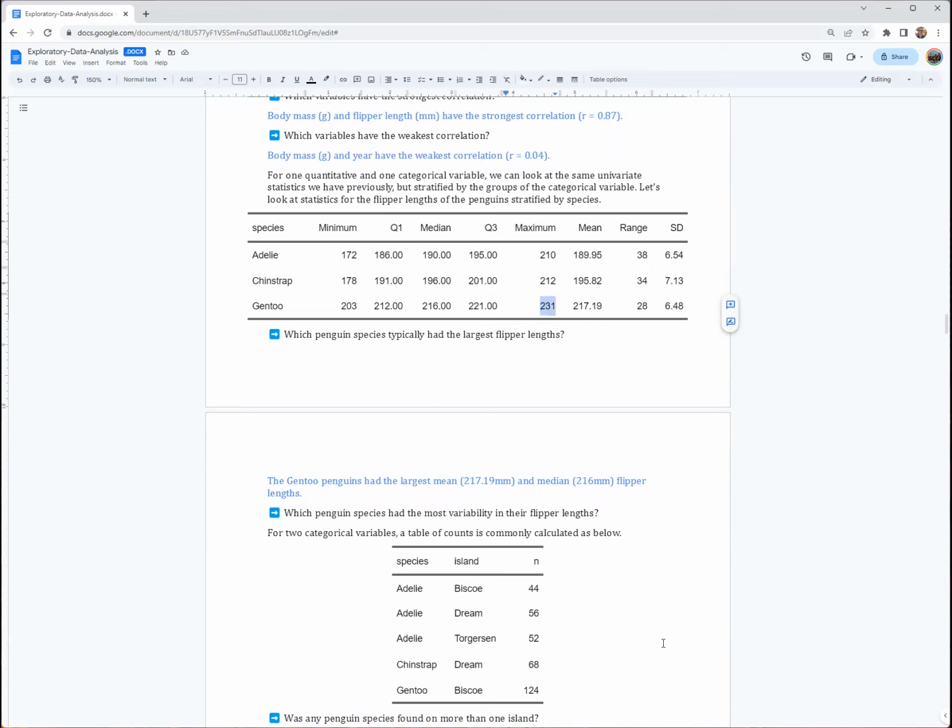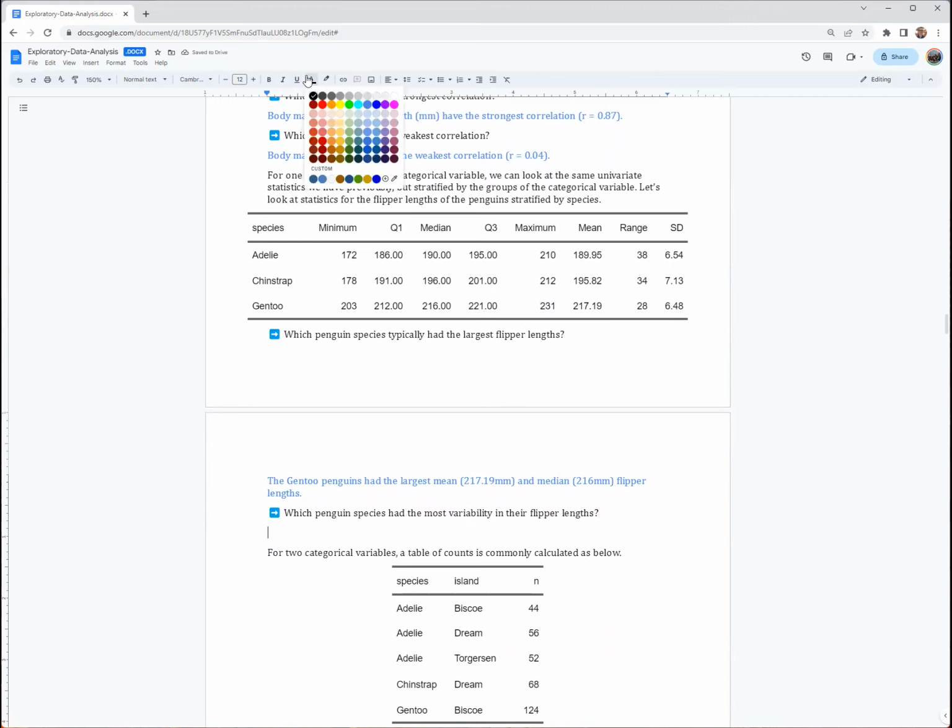Which penguin species had the most variability in their flipper lengths? Recalling back to which statistics measure variability, here the range and the standard deviation, as well as the IQR. Okay. So let's look. Based on the range and standard deviation, okay, so the range, the Adelie penguins had the biggest range. The chinstrap penguins, however, had the largest standard deviation. So let's make note of that. So the Adelie penguins